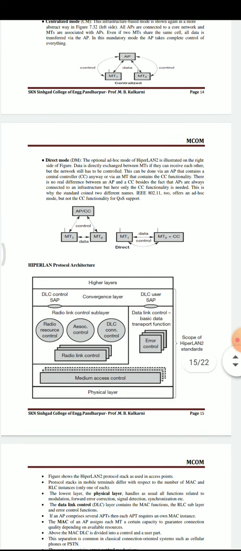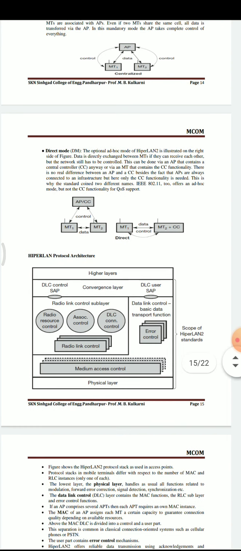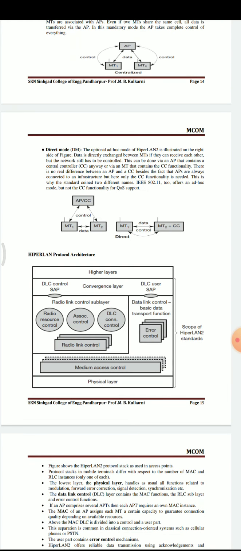This can be done via an access point that contains a central controller element, or via a mobile terminal that contains the central control functionality.